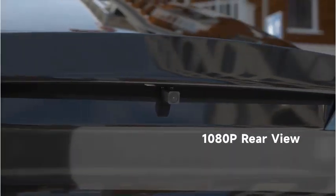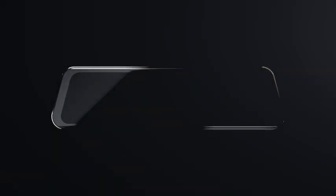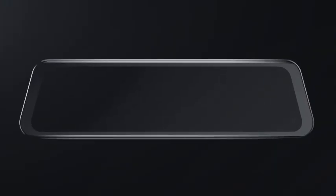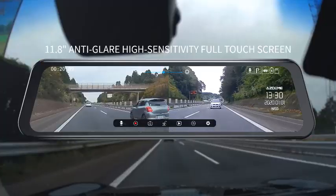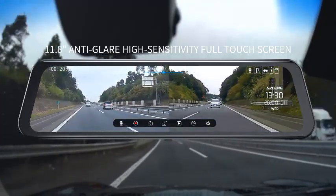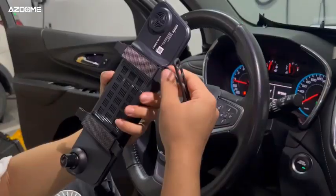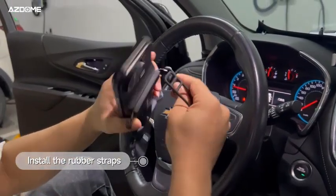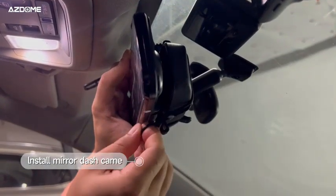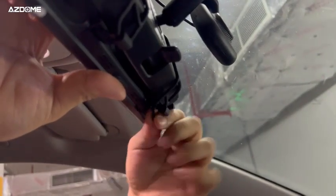Thank you. Number 1. Asdom PG17 Pro Mirror Dash Cam, Front and Rear. Experience next-level driving security with the Asdom PG17 Pro Mirror Dash Cam, featuring the advanced Sony IMX678 sensor and STARVIS 2 rear camera for ultra-clear night vision. This 4K front and 2.5K rear-view mirror camera captures every detail with exceptional clarity, ensuring peace of mind on every